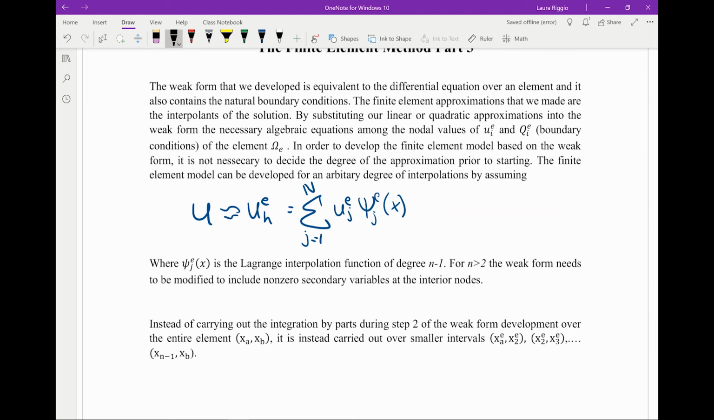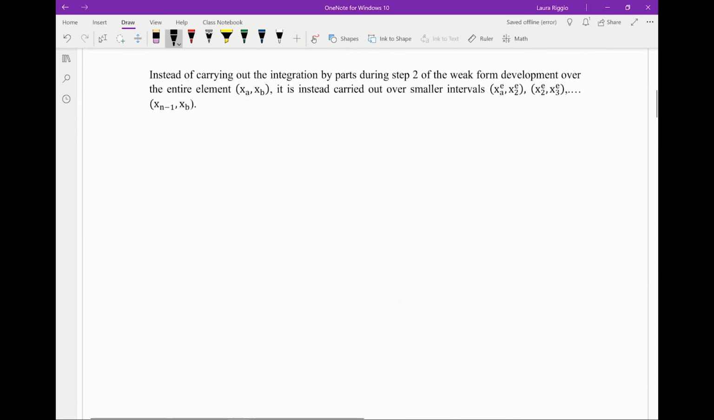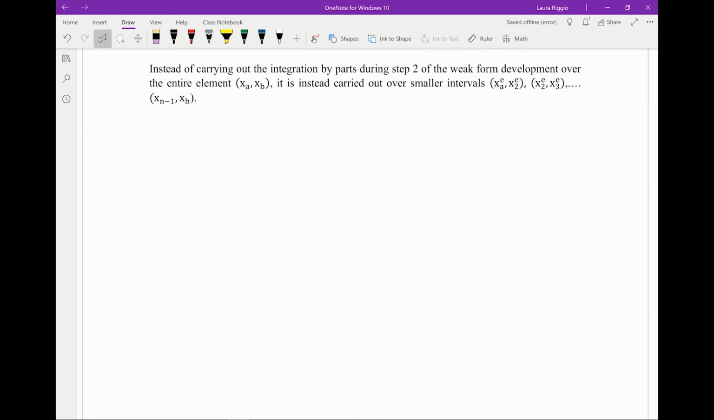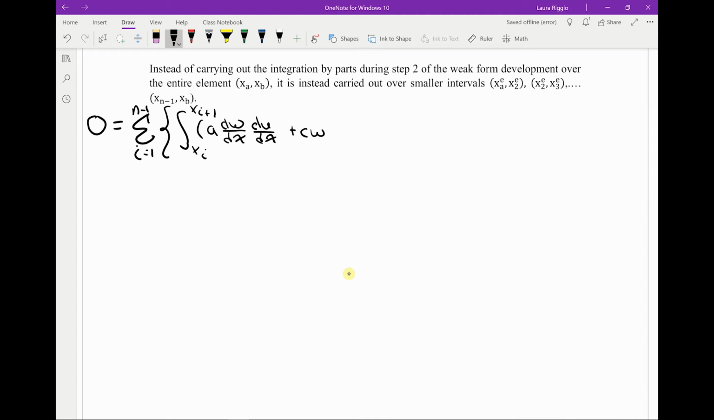For n greater than 2, the weak form needs to be modified to include non-zero secondary variables at the interior nodes. So instead of carrying out the integration by parts during step 2 of the weak form development over the entire element, it's instead carried out over smaller increments, namely 0 is equal to the sum from i equals 1 to n minus 1 of the integral from xi to xi plus 1 of a dw dx du dx plus c wu minus wf dx